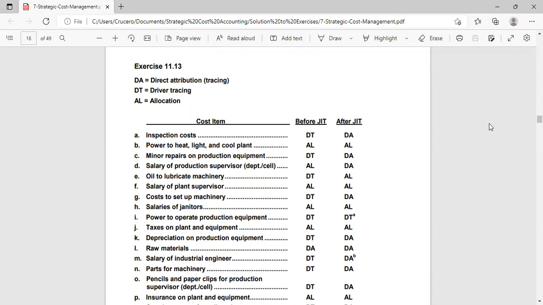Salary of production supervisor, department per cell, allocation before JIT and after JIT already direct attribution. Oil to lubricate machinery is DT and AL, then salary of plant supervisor, both AL, cost to set up machinery,